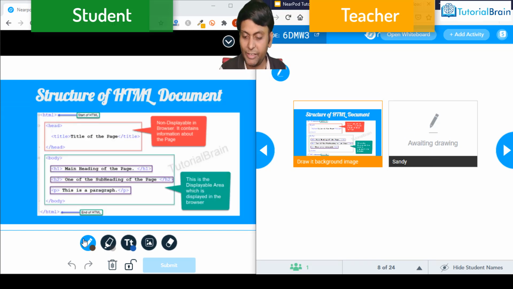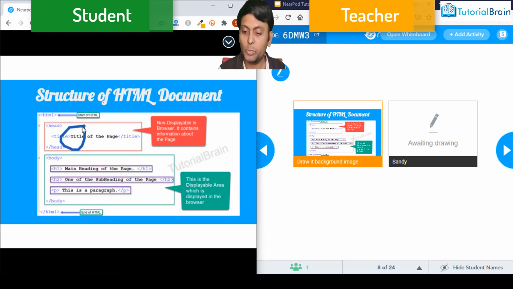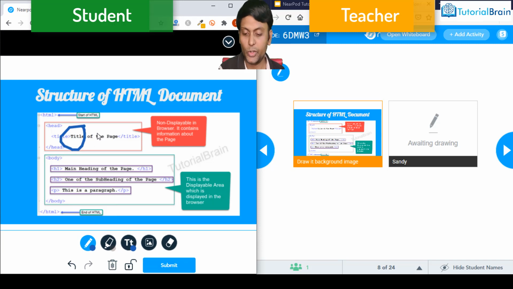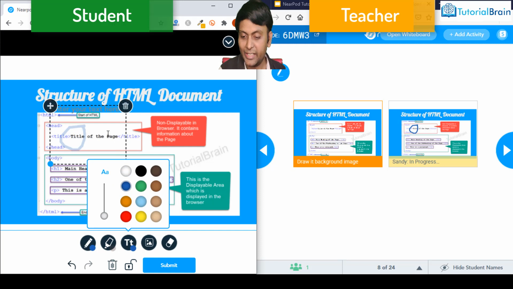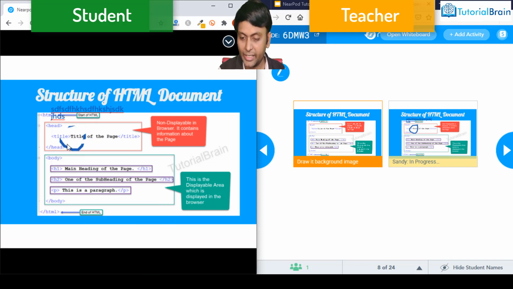Now here you see if I just select this particular pen, I can mark anything, I can choose a color, and let's say I can draw anything. So based on a particular requirement, you can draw anything. Similarly, you can add a text as well. You see I can add a text. So you see I can add anything. And you can also erase it. For example, if I just select this option, you see I can erase